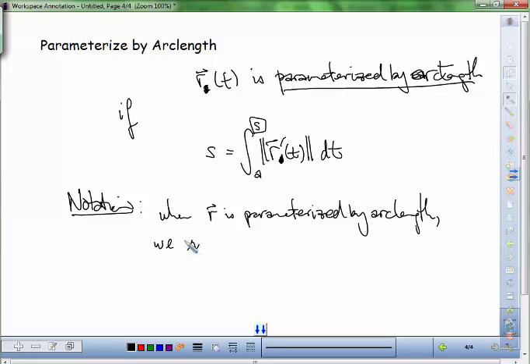We write R of S, because S is the arc length, and we're saying we're parameterizing it and using S as the parameter. Okay? So we'll do the circle as an example. Again, it's easy to deal with. Yes? Does the book use that? I don't know. It uses something